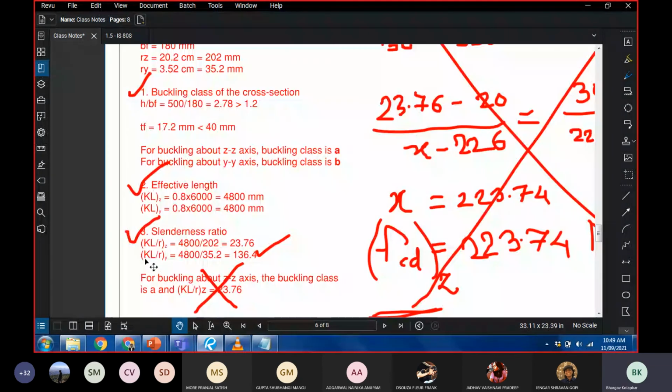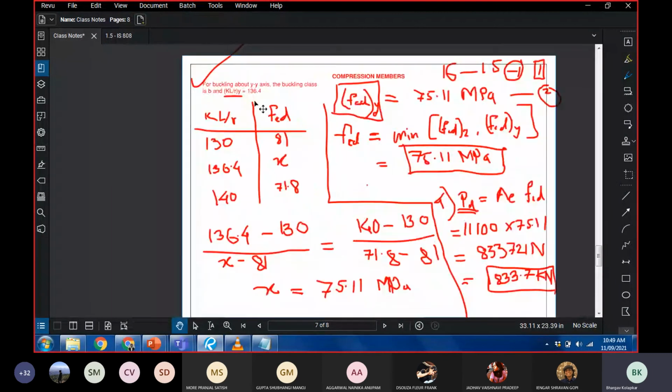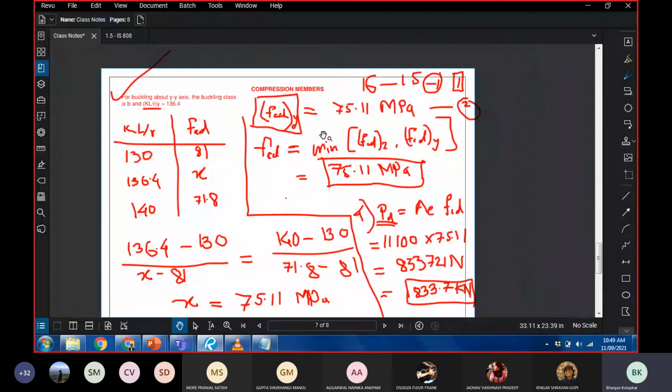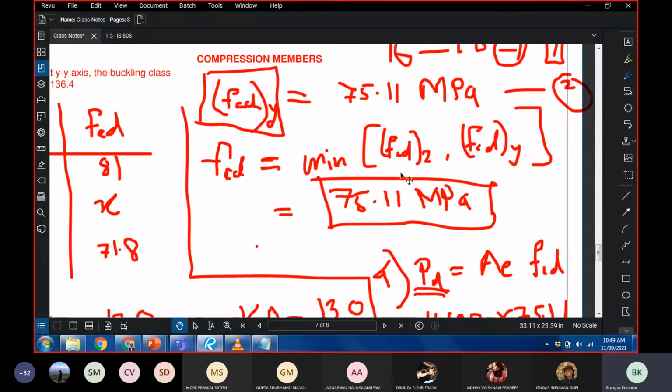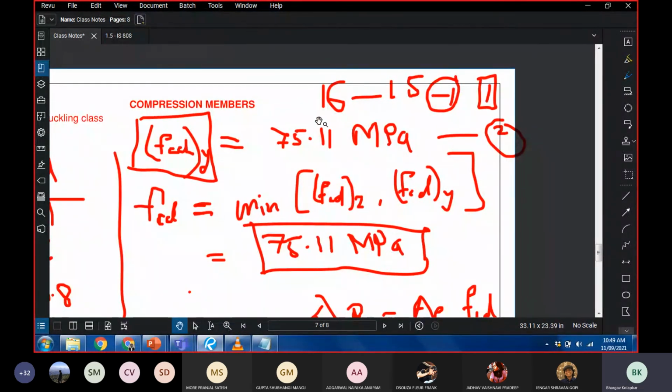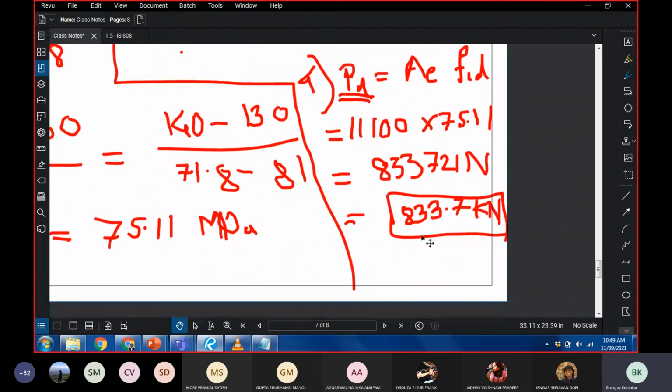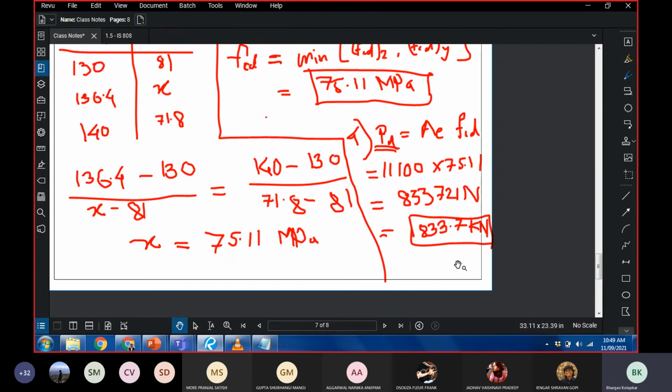Then we looked at the slenderness ratio about the y-axis. We knew the buckling class. For this, we went back to the table, did an interpolation, and found a value of FCDY. Now we had two values. We took the minimum value and multiplied it by the area of the cross section, and that gave us the design axial load. But towards the end of the lecture, I told you that we need not do this